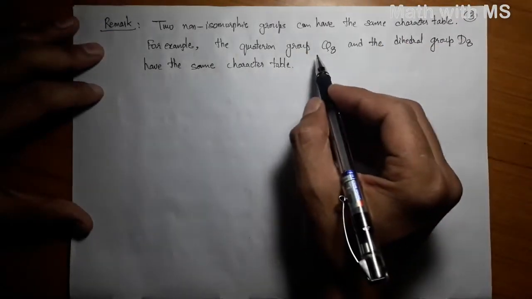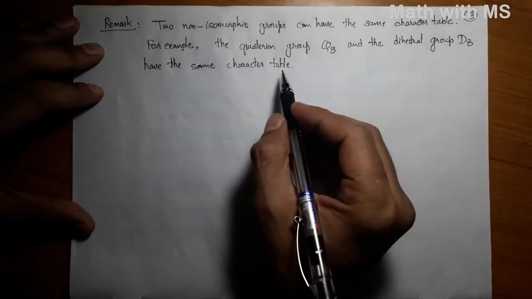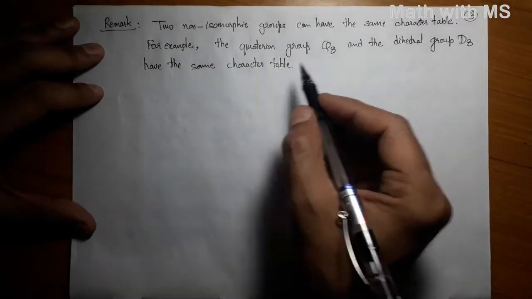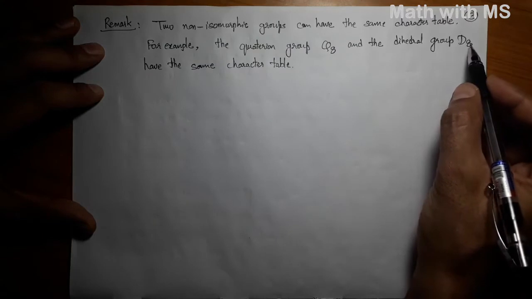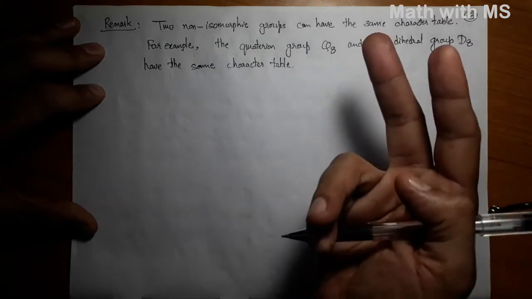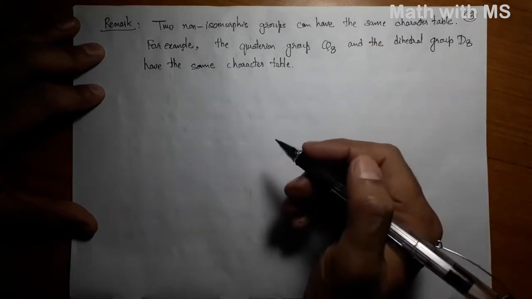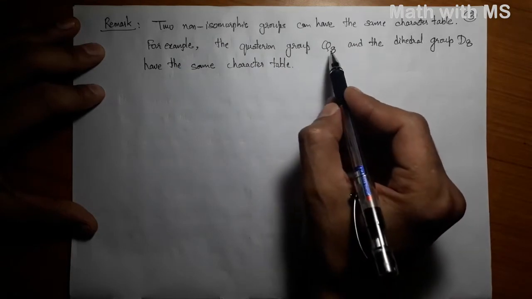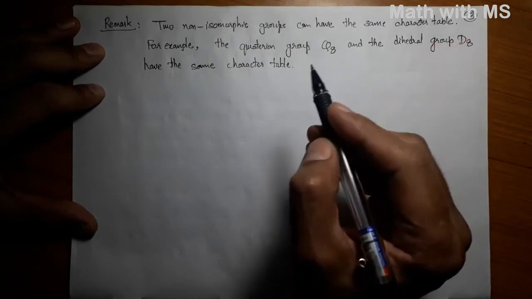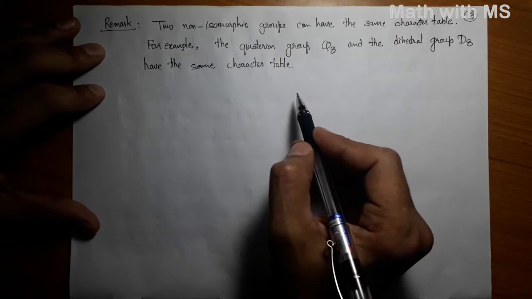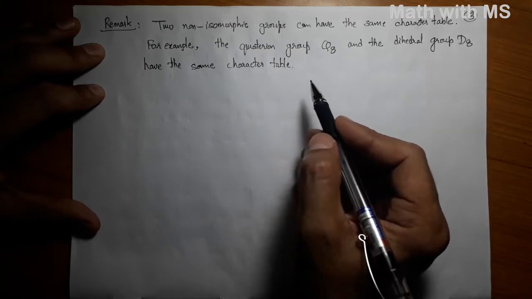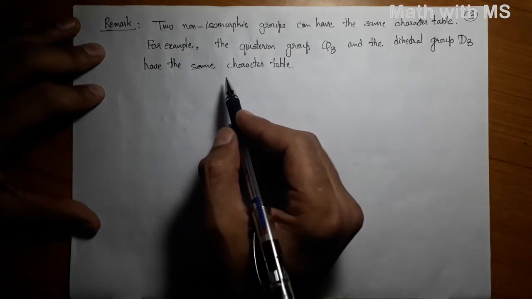So why are the quaternion group and the dihedral group not isomorphic? An easy check shows that the dihedral group D8 has precisely 2 elements of order 2, whereas the quaternion group Q8 has exactly 1 element of order 2. So they are not isomorphic,